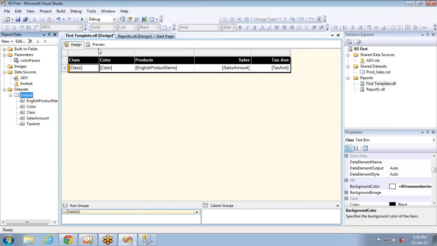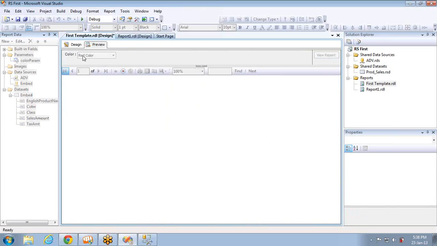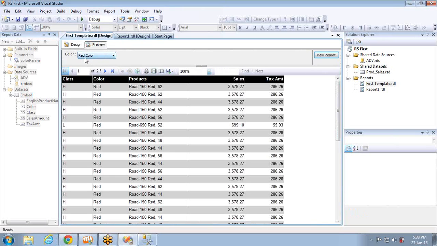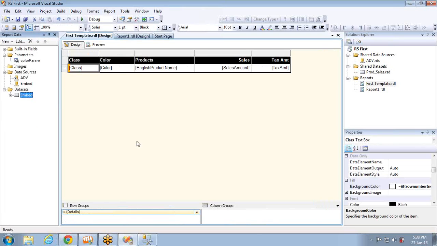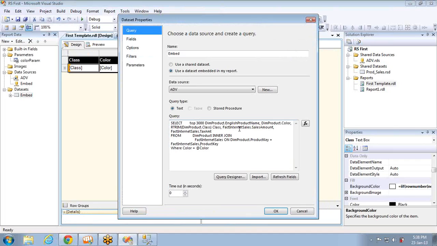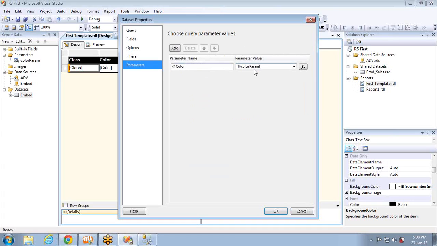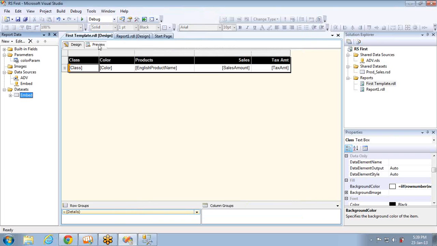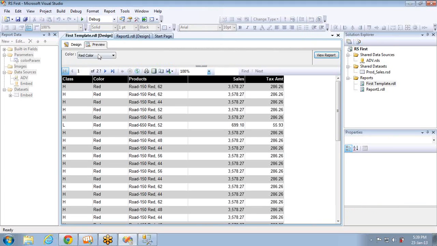So if I click on OK, now you can see it has taken red color, and the value part of this red color label is red. So it has passed red to the database, to the data set, and that is here. And this query will become select so and so, where color is equal to red. Why? Because these two are mapped. This report parameter and query parameters are mapped,